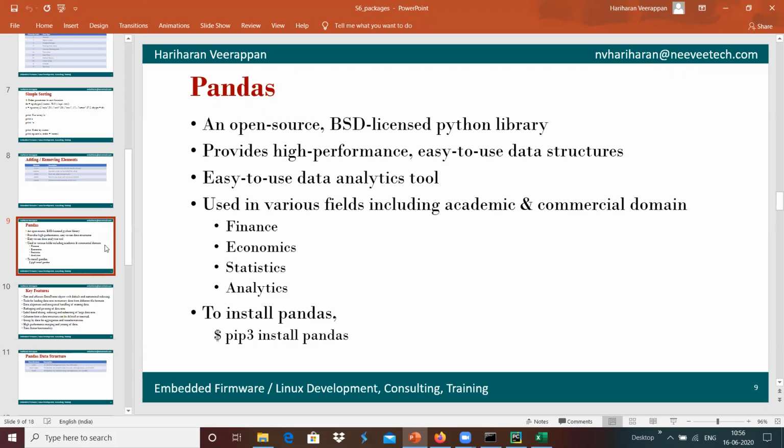Pandas is used in various fields, including academic and commercial domains, like finance, economics, statistics and analytics. To install pandas, we can use pip3 install pandas in our system.